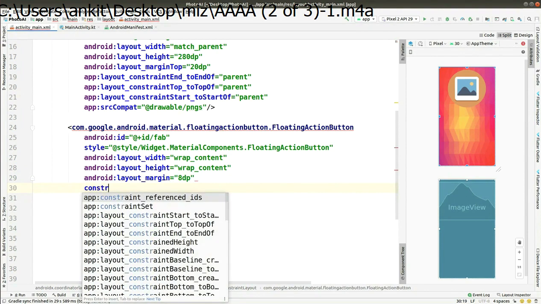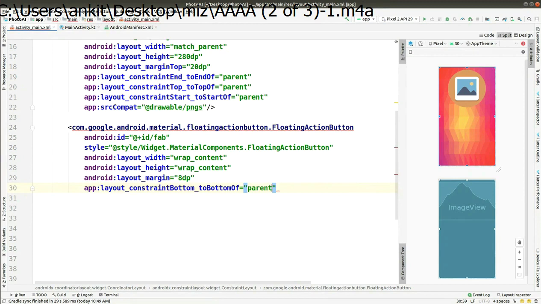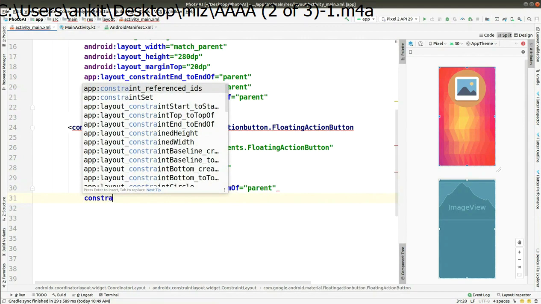And here we have to add the same thing, that is the reference to the constraint layout, that acts as a parent layout for this view.